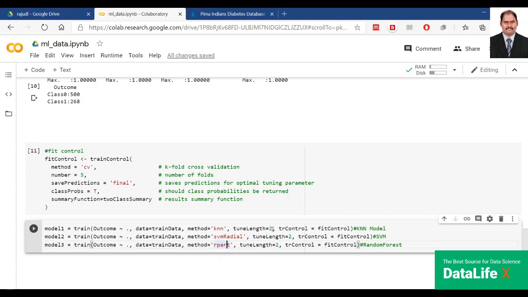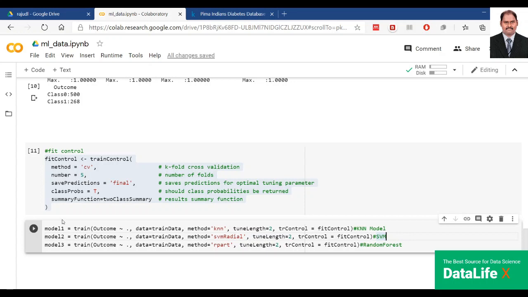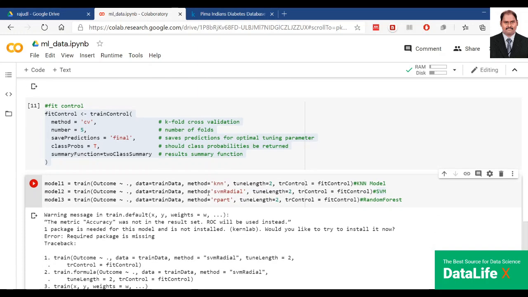Tune length is the number of parameters we want to tune for each model during the cross validation process. And trControl is the various hyperparameters for the training subroutine, which is specified in the previous cell, the fit control. So we pass the fit control to trControl in this particular statement. Go ahead and run this